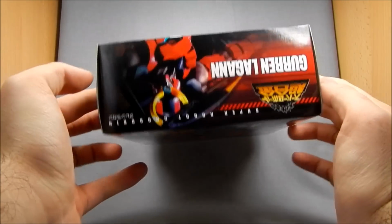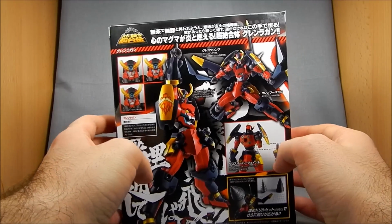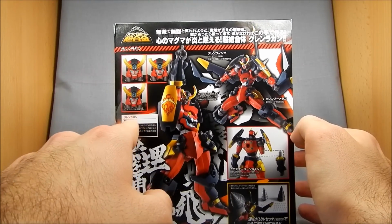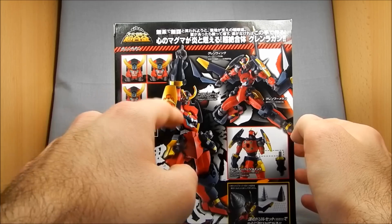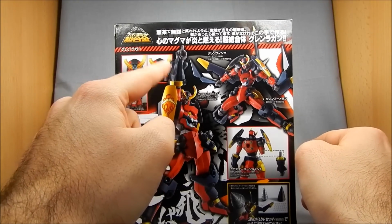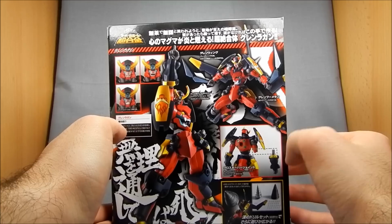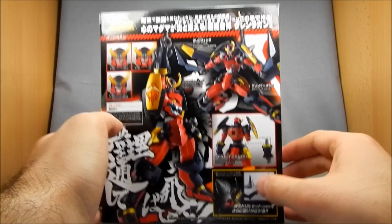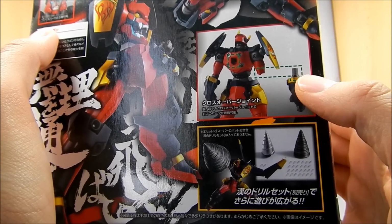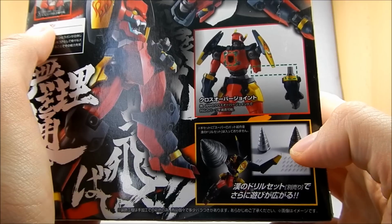Top, nothing much. Bottom, shot of Gurren Lagann. Side of the robot again. There's no art on the box. It's all actually shots of the figure. This shows you the interchanging face features, the wing put on there, the classic drill will pierce the heavens thing. And down here, this is actually an extra set. Let me get that a little closer. It shows how you can remove the arm at the elbow, and that's so that if you buy the Drill of Manliness set, you can put on the Giga Drill breaker